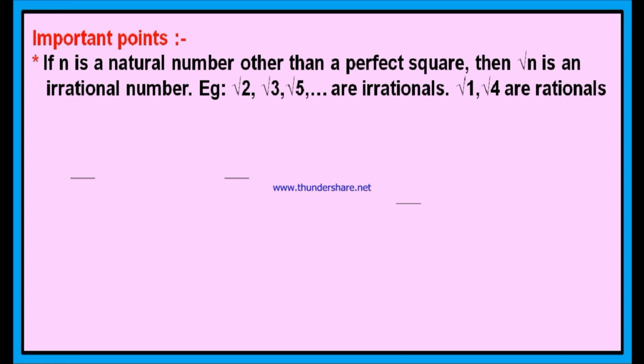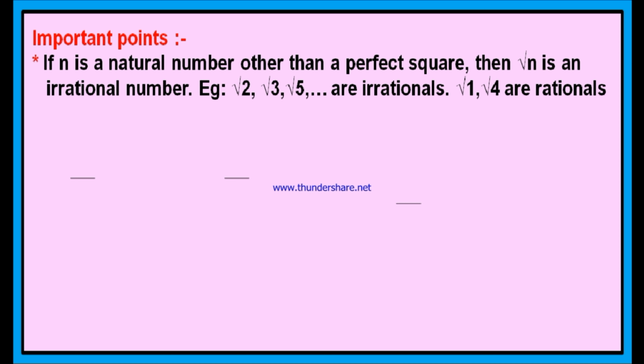But whereas if you find the square root of 2, square root of 3, square root of 5, and all these numbers are not perfect squares. If you find the square root of these values by division method or some other method, you will get square root of 2 is 1.414 and so on. It is not ending by 4. And square root of 3, if you find the square root of 3, you will get 1.732 and so on. It is not ending with 2. Means all these square root values of non-perfect square numbers, you will get non-terminating, non-recurring decimals.